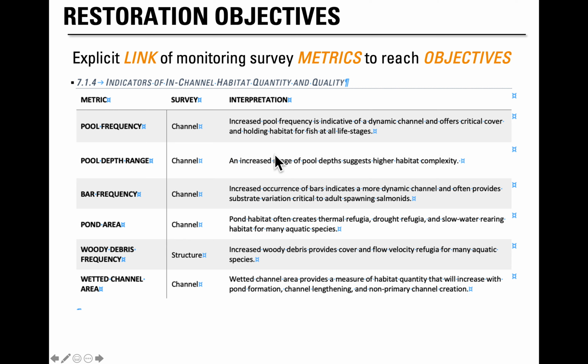The idea here is that when you're doing your project planning or seeking implementation funding, it's very easy to say, yes, I do have project objectives, and yes, I do know how I'm going to quantify them and what monitoring methods I can use in the field.